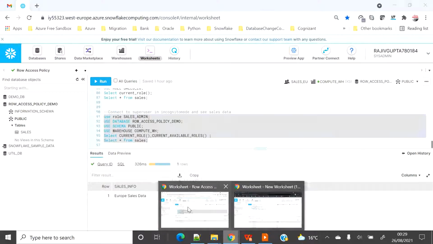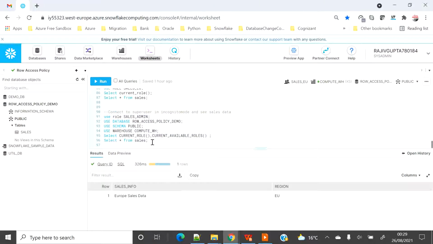The implementation was far simpler than what we have seen on the row level security setup. There were lots of steps we needed to follow, and there is a limitation: if your organization wants to use multiple roles or multiple conditions, it will become very complex to implement and maintain. But if you want a simpler approach, you should go ahead with the row access policy. So now your life is easier.